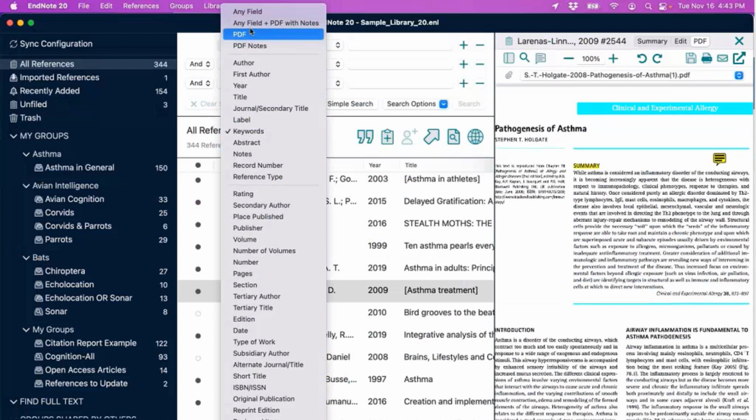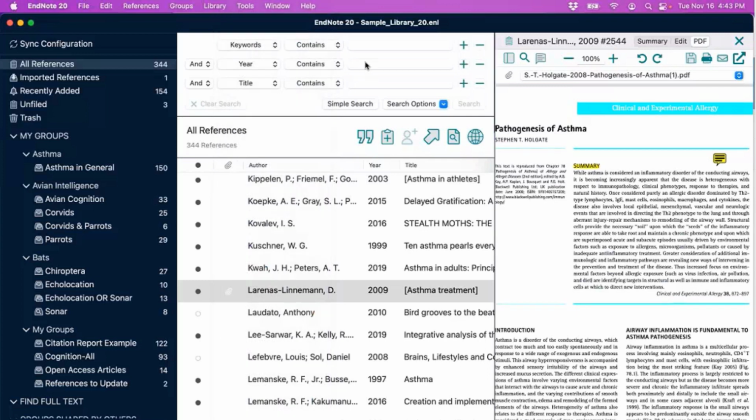Or you can select the most overarching search option here in EndNote Desktop, which would be to query your library by any field in any one of your library records. In addition to that, EndNote would scan the digitized pages of your PDF attachments to find terms or phrases in the PDFs themselves, and the sticky note text that it would search as well. So I did just want to point out that that's searchable after the fact.